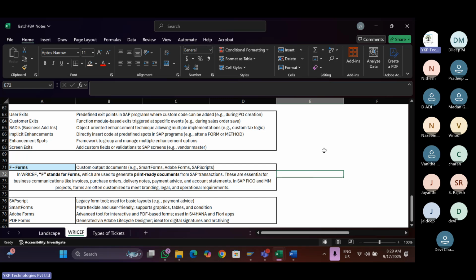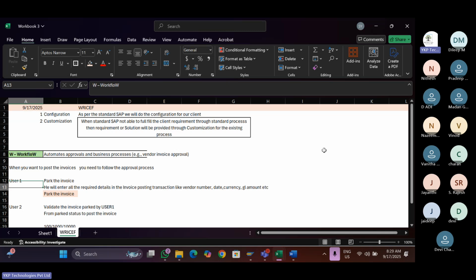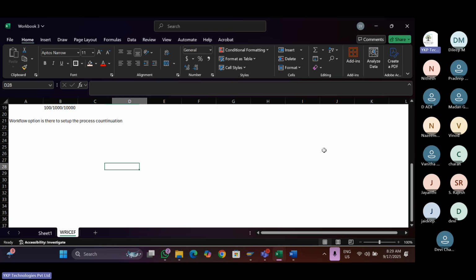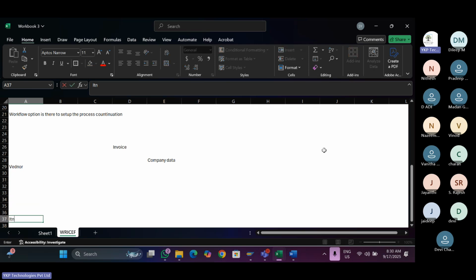How does the invoice copy look? We'll have the invoice here, some company data here, some vendor data, and below we will have a certain layout, like item number,